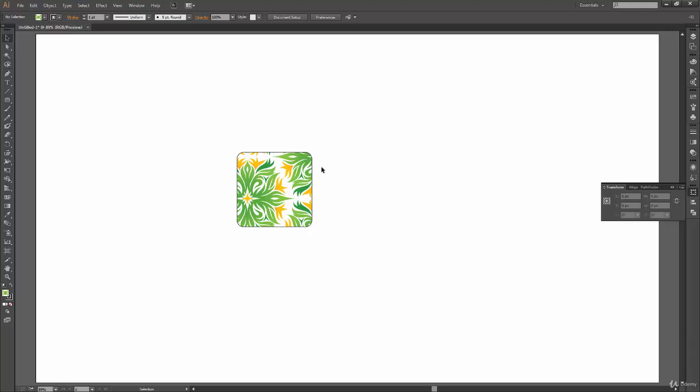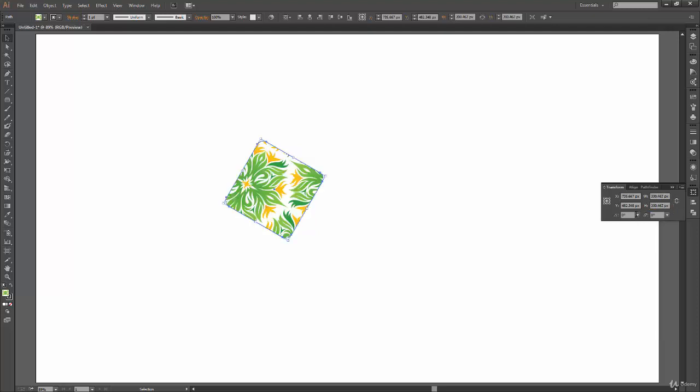So in this panel, to make it work, first of all we have to select the shape, and then here we have our X and Y values which we can change to move the object, and then we have this width and height which we can change to scale the object. Again you have this link icon here, so if you click on this one you will get a proportionate scale, and when you click on this then you can independently change the value of width and height. You have this drop down here which you can use to rotate your object to any certain angle.